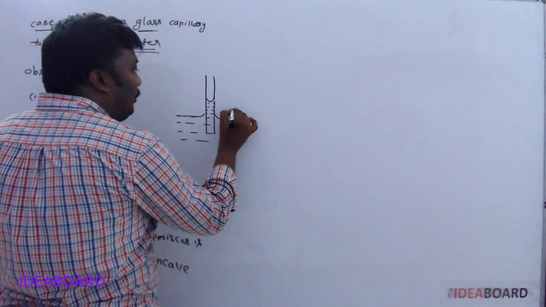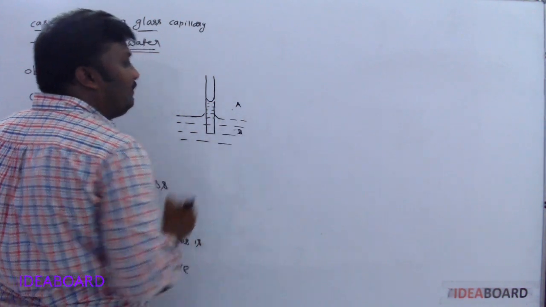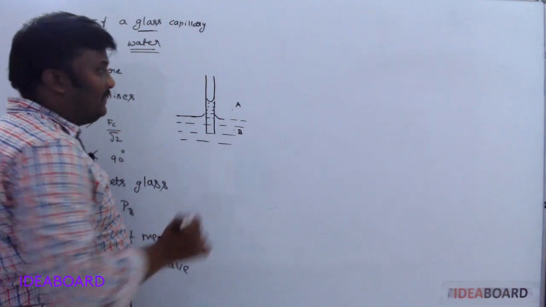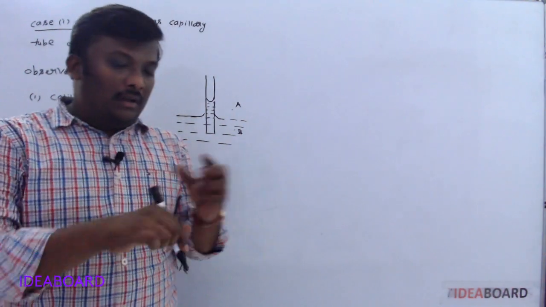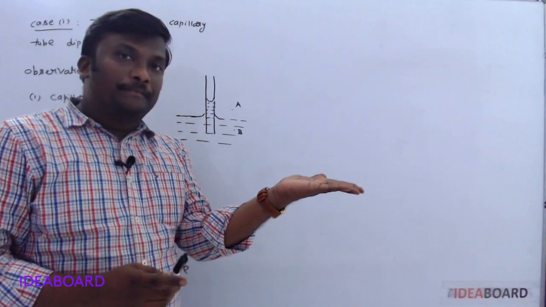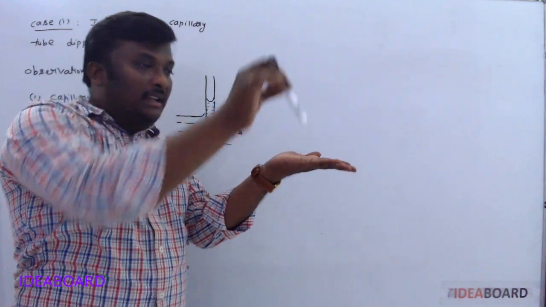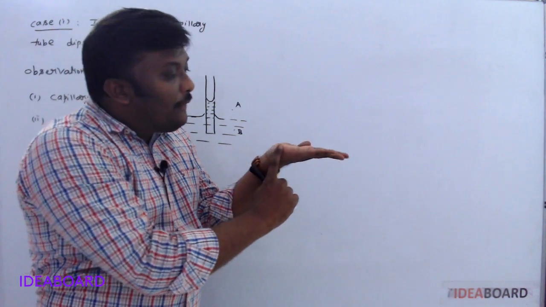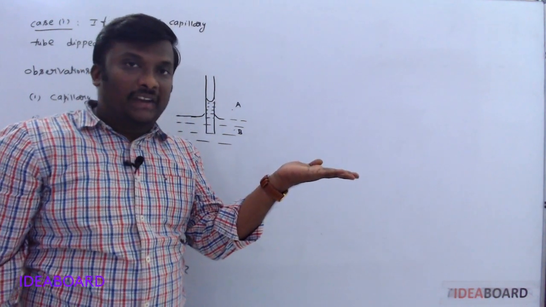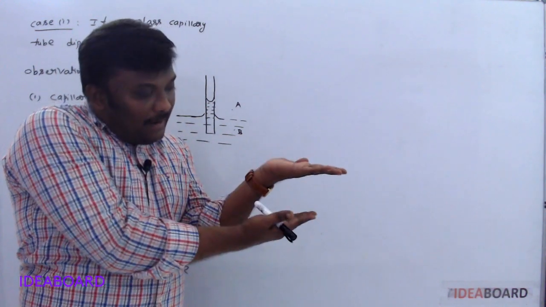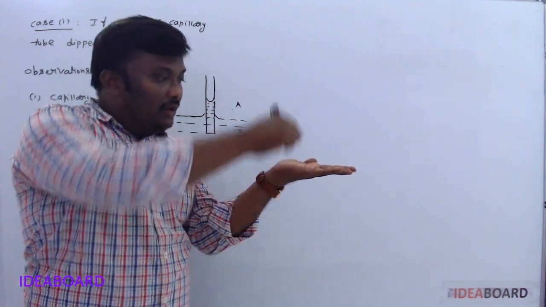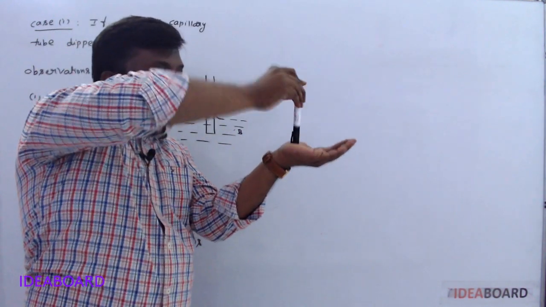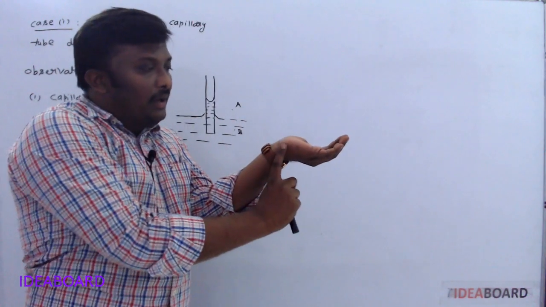Understand? Next, if you take two points here, one is A and another one is B. Here the pressure at A is more than the pressure at B. If the pressures on both sides are the same, the pressure acts with the same quantity in the opposite direction, and then the surface becomes flat. But if the pressure here is more compared with the pressure at the bottom, due to this higher pressure the surface becomes like this.